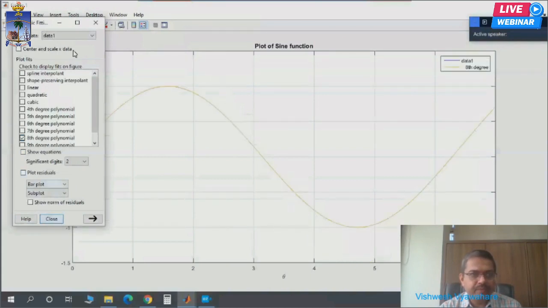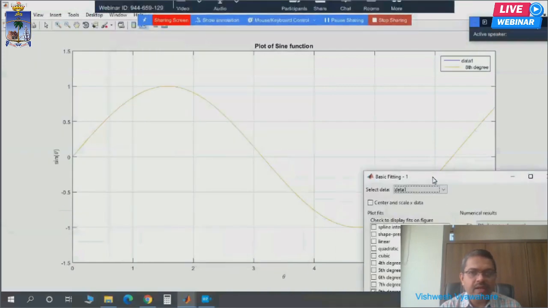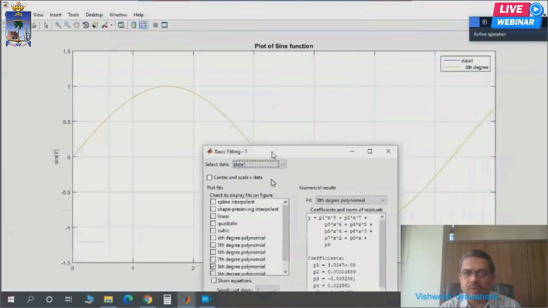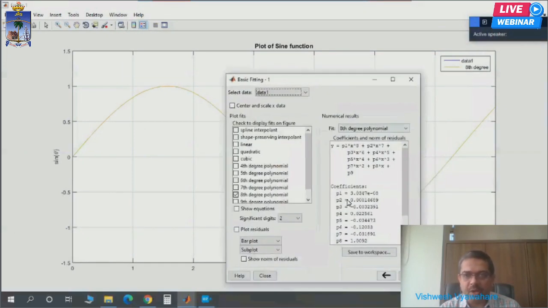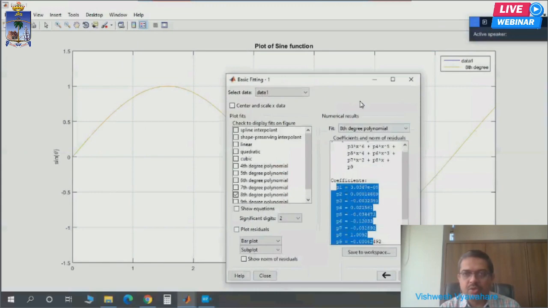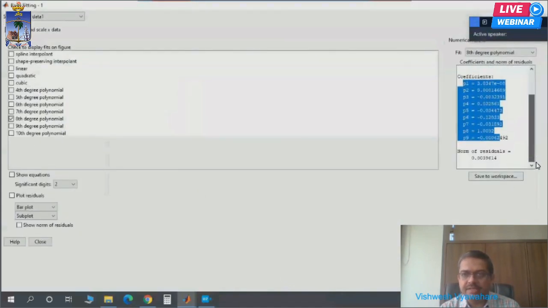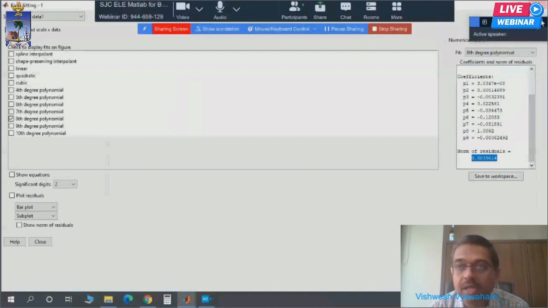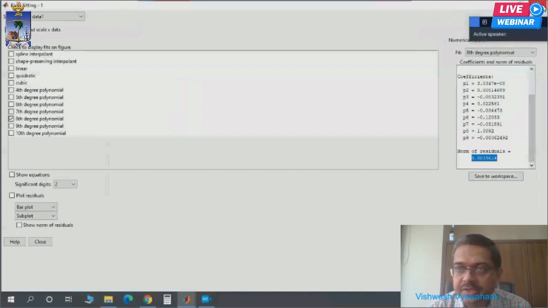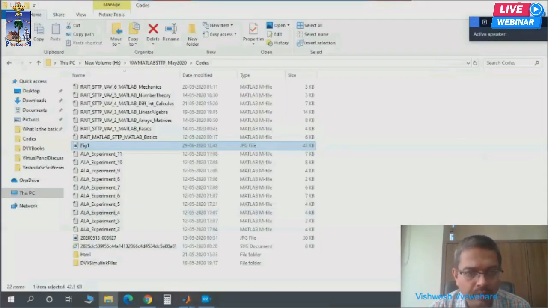You see it has shown the fit with the 8th degree polynomial, and this is your polynomial. So you have done the basic curve fitting, and how much is the error? The norm of residuals is shown. It might not be visible here, but I suggest all viewers do this on their own.